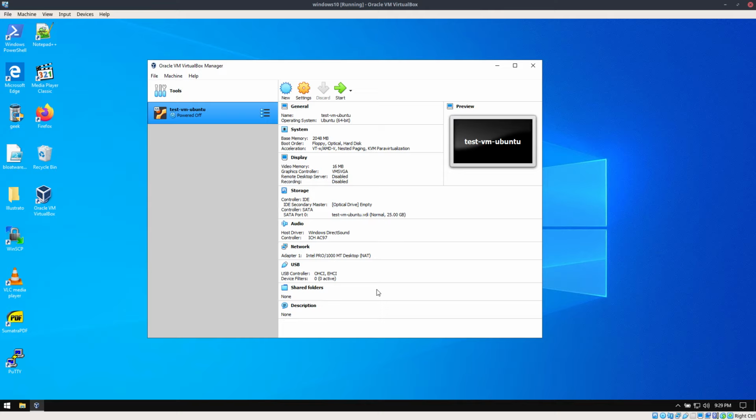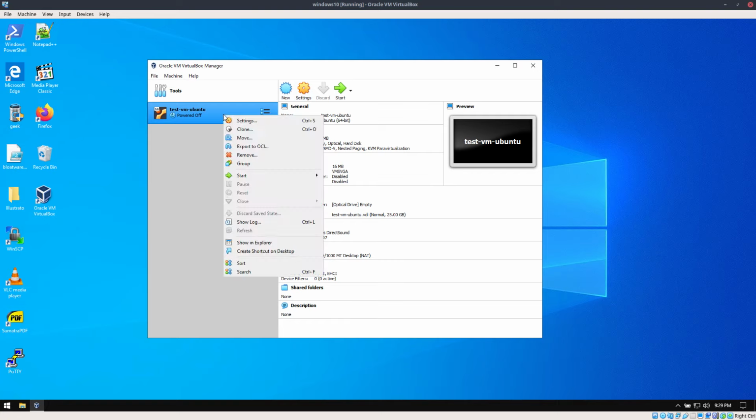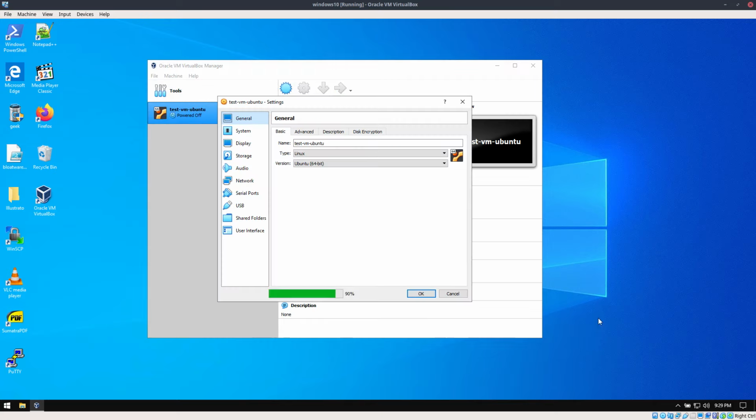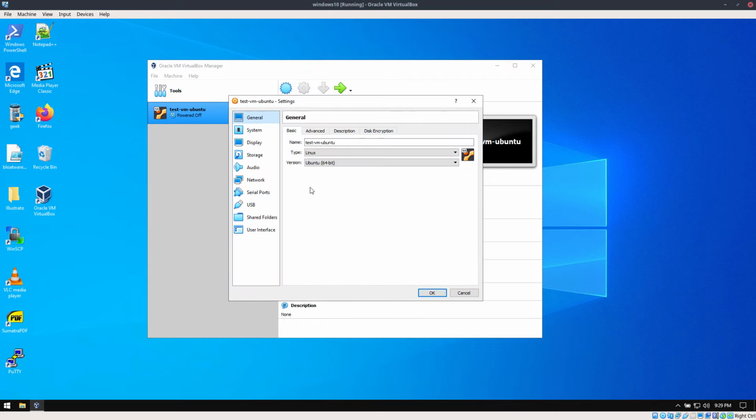If I want to modify the settings of this virtual machine, I can either click on the settings over here or right click and click on settings. You can also get to this settings tab by going to machine and clicking on settings. Over here, let's take a look. The general tab gives me general information like the name and such. I can enable or disable